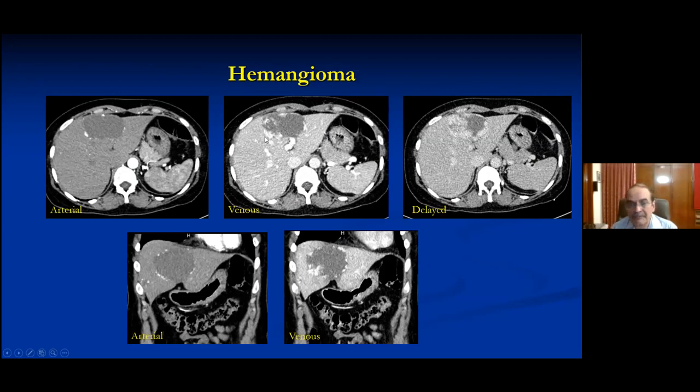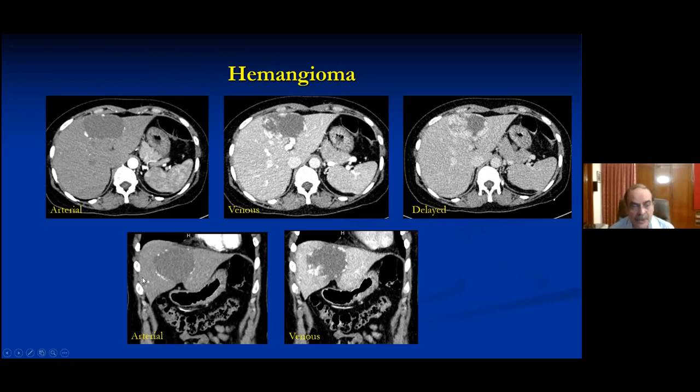You follow it up on the venous phase, this contrast in the periphery is increasing and progresses towards the center. And this is the delayed image where you can see more and more contrast is filling up this lesion. There is no washout of contrast, it retains contrast, and this is suggestive of a hemangioma, can be kept on observation, no sampling, no FNAC is required, because even if you do an FNA, all you're going to get is